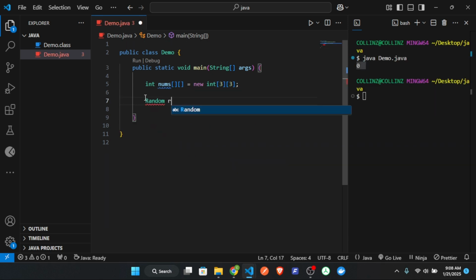Generate random numbers using the math function. So I'll say random. I'll give it a variable called random is equal to